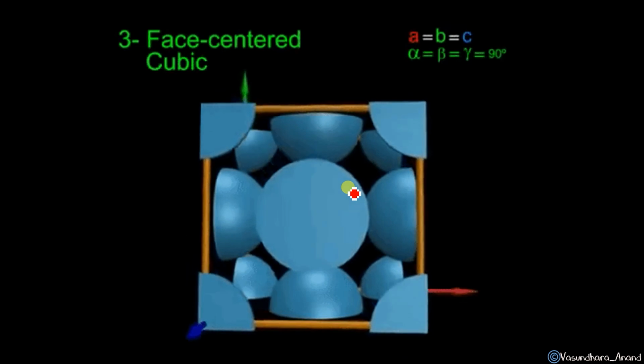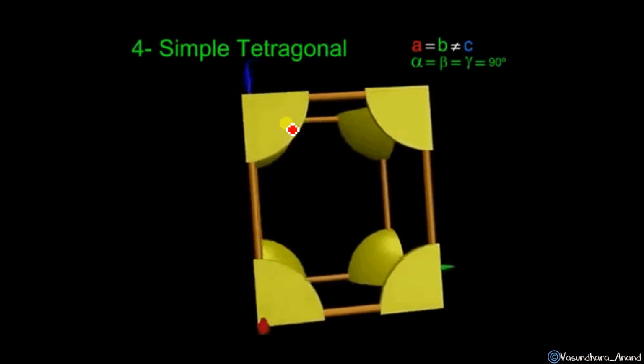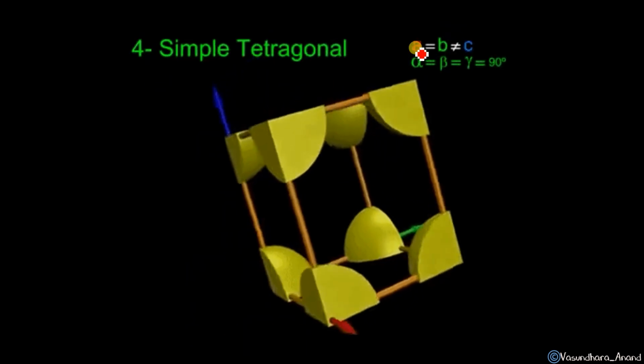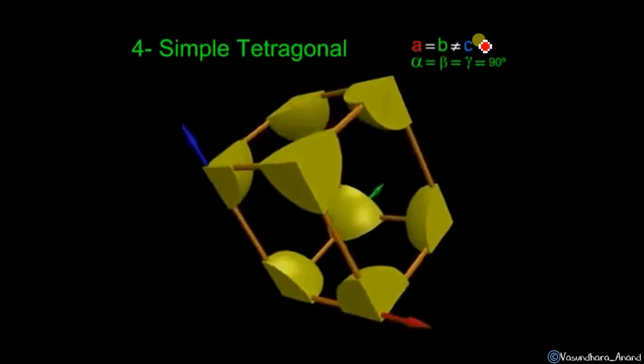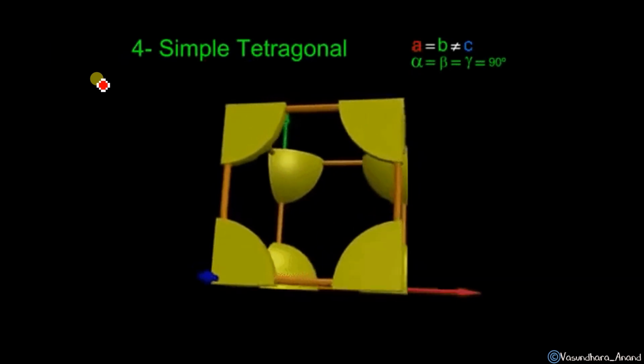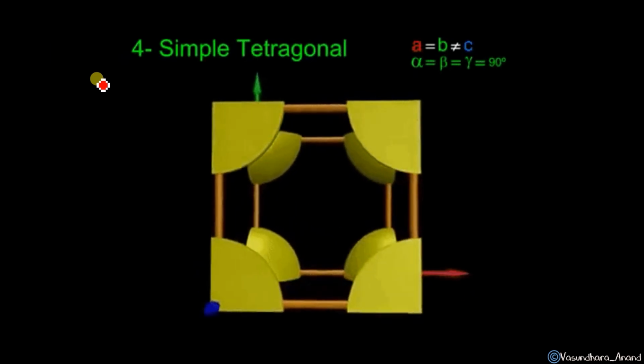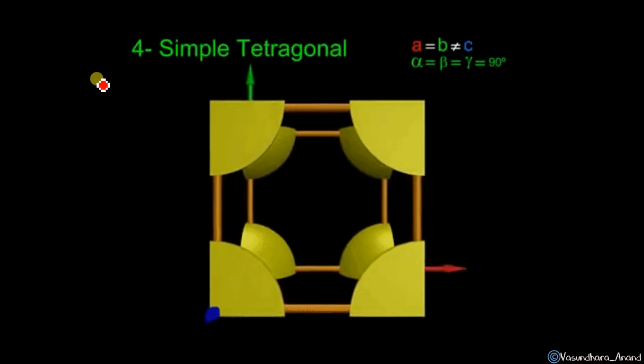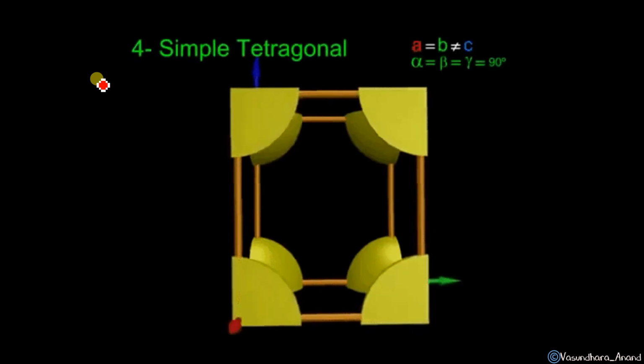Got it? Now this is simple tetragonal. Tetragonal means A or B to equal hoga, but C will not be equal. Okay, but the angle will be same. No need to learn. आपको जो starting मैंने बताया, simple cubic, body center and face center, that is the mainly asked question. ये सब just to get the knowledge you can do.